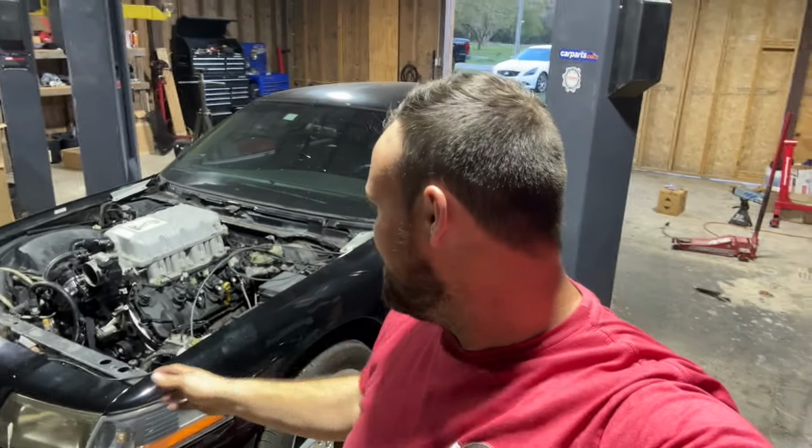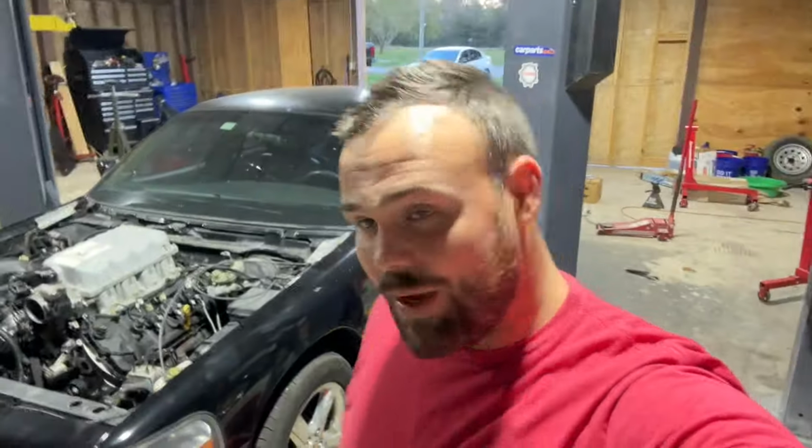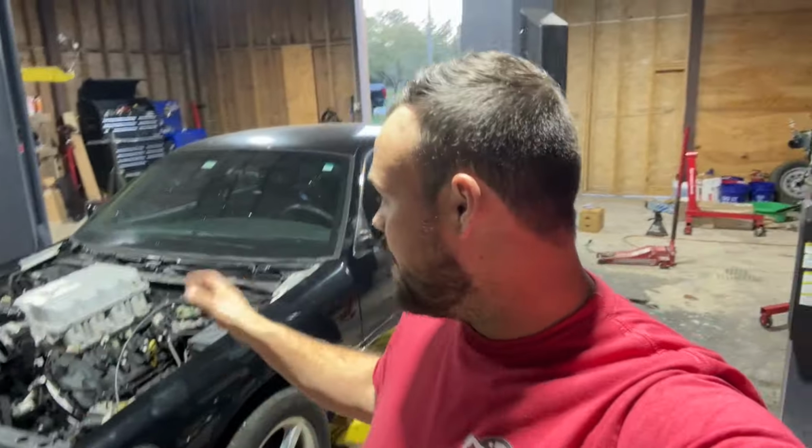What is going on, guys? We are back with the Marauder. We got the GT500 blower sitting on there from last time. It looks pretty good, but we got to do some work. I think we got to pull the engine back out. The manifold is hitting the frame rail just a little bit on the passenger side,